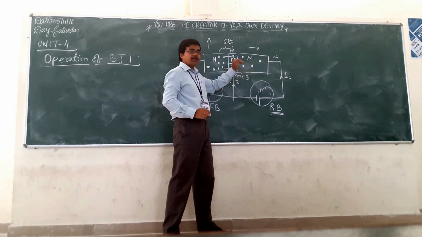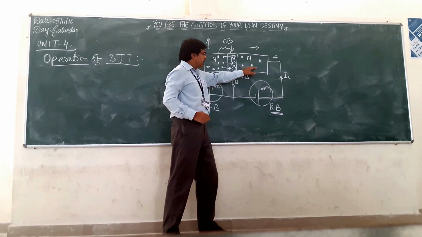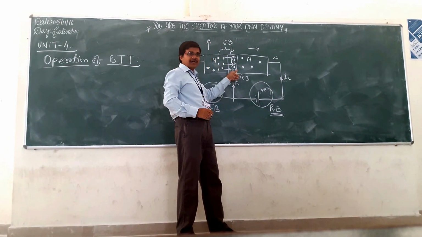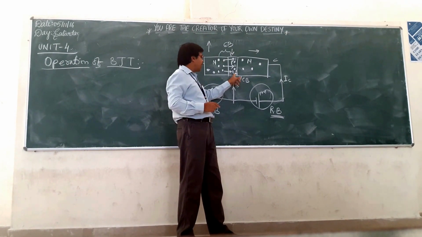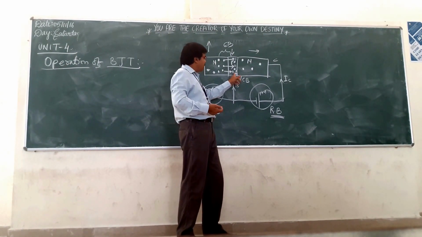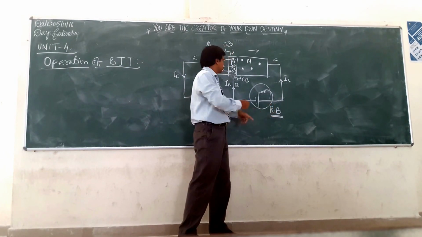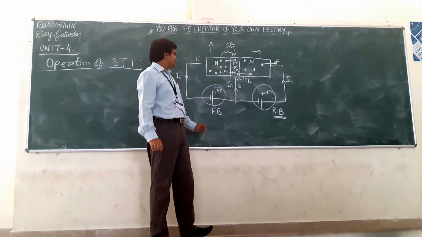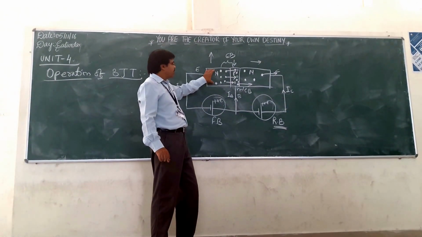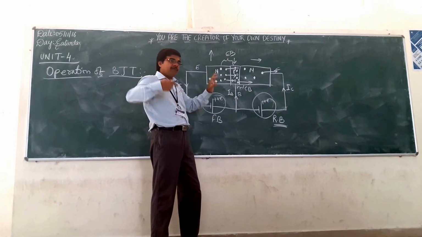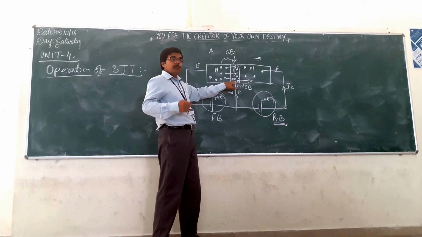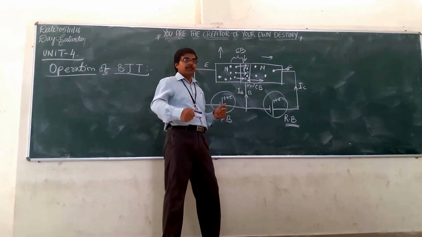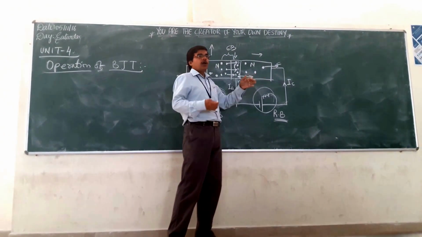Okay. Here what is happening? Here in collector, this is a positive charge. This is connected to the positive of the battery. So as these electrons are negatively charged and they didn't get the seat, they will move towards the positive charge. So they are moving from here to here. So what is happening? Earlier here we have emitted the electrons, or we have injected the electrons. Here we are controlling the electrons, means how many electrons should pass through here. Okay. And here at collector we are collecting them.